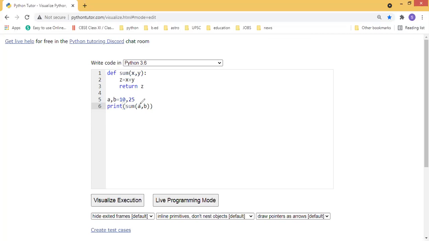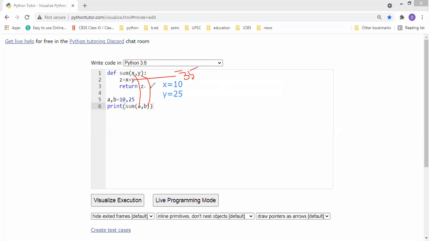So this 10 in a will be stored in x, and b will go into y's place. So x will have 10 and y will have 25. What will happen inside the function? It will be added, and z will store the data after addition, which is 35.